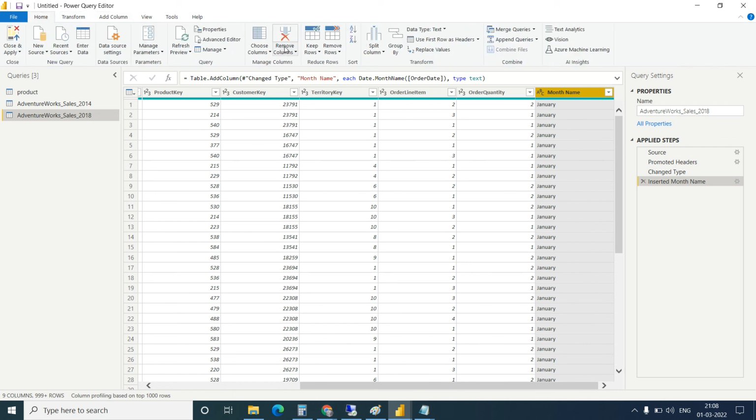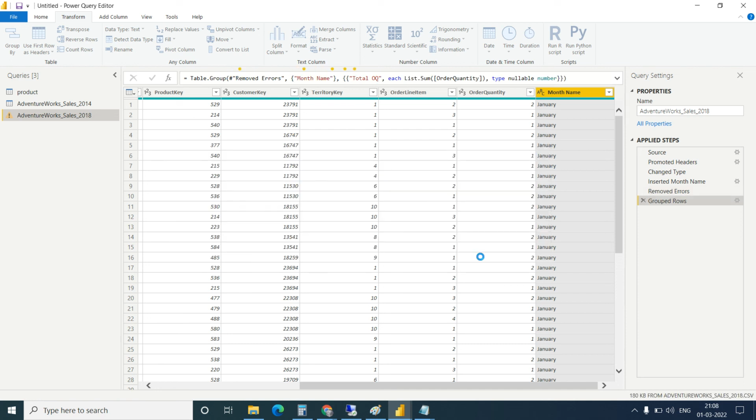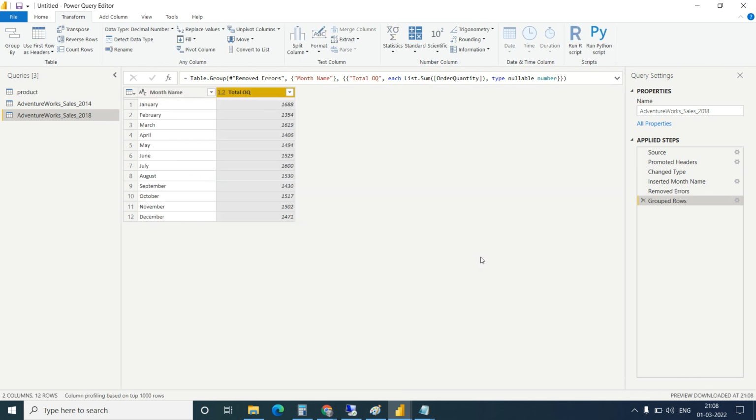I need to clean this. Okay, so let's click on this, go to the transform, click on group by. Sum. Okay, it is coming in the order.